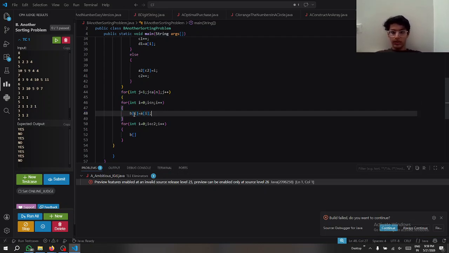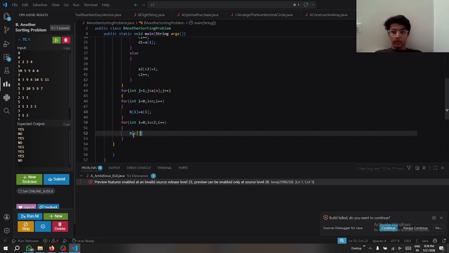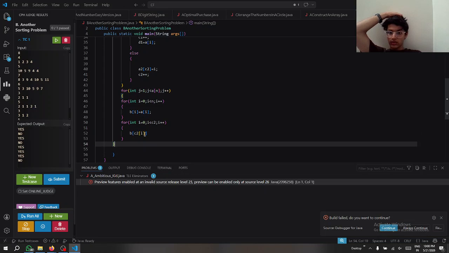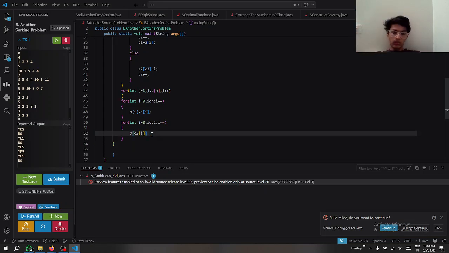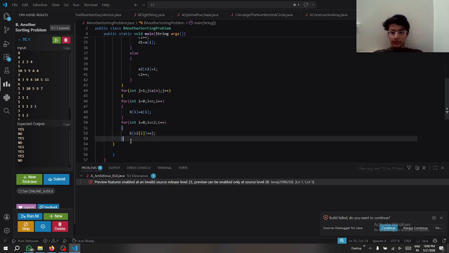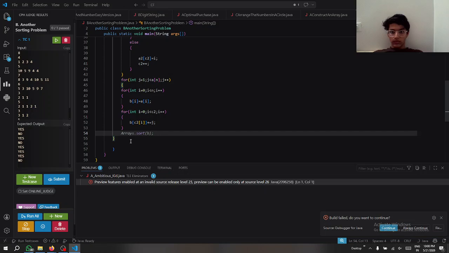So we'll reset the array b, then we'll increase the p of c of I. What is c1 or c2? Will do c, no, we need to check. So increasing, so this will be the first one. It can never be this. Yeah, it can never be this. So c2 of I plus equals to j will always this. Okay,